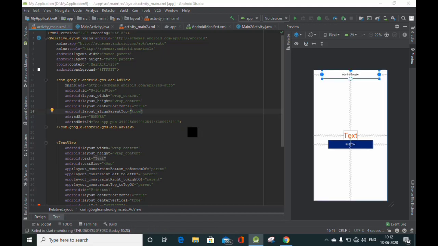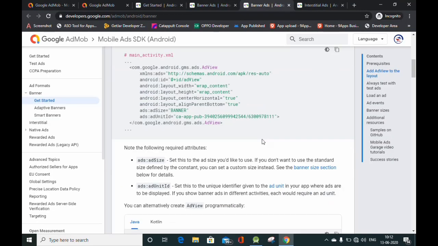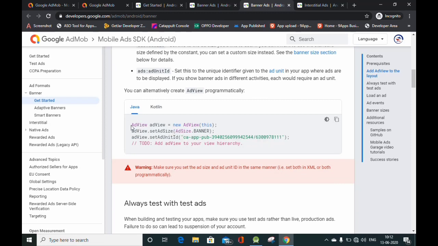So now my ads will be displayed on top. So now let's go back to the browser and see the next step. Scroll down. So here's the next code. Now we have to paste this code in our Java file. So we'll simply copy this code from here